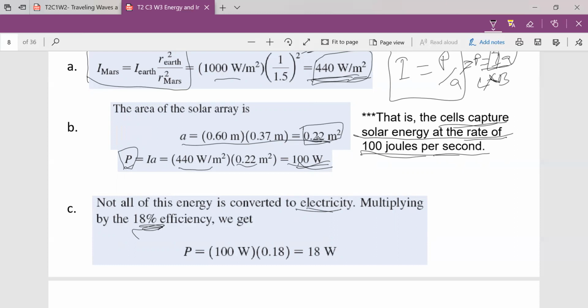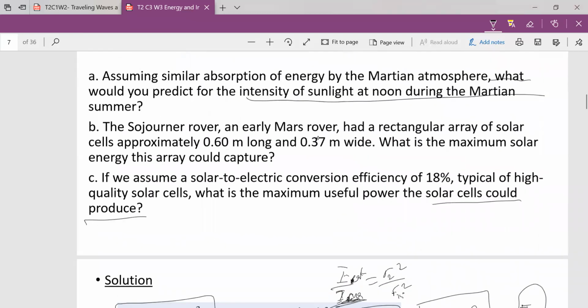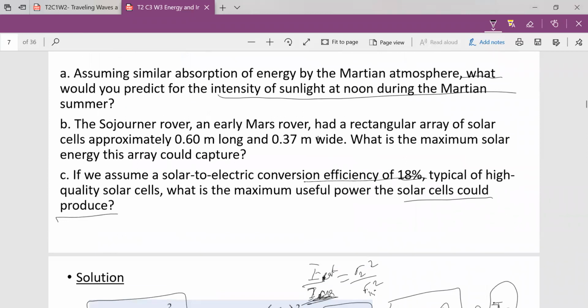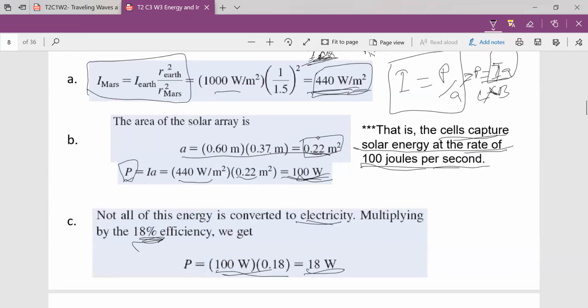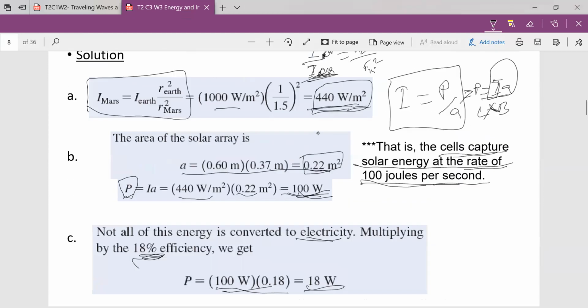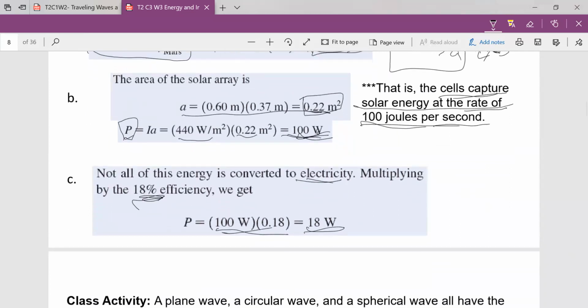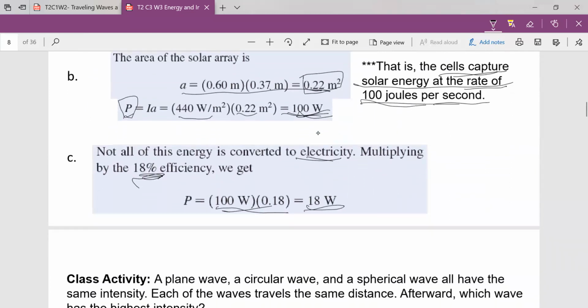So multiplying the 100 watts by 18% efficiency, we get 18 watts, which is the energy converted to electricity at this efficiency rate. So we see that we can use the power information and equation to get other information about the usefulness of the relationship between intensity and